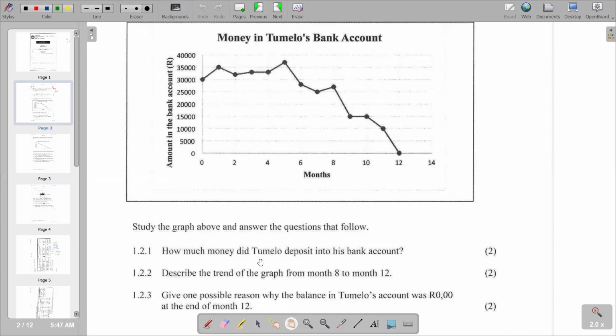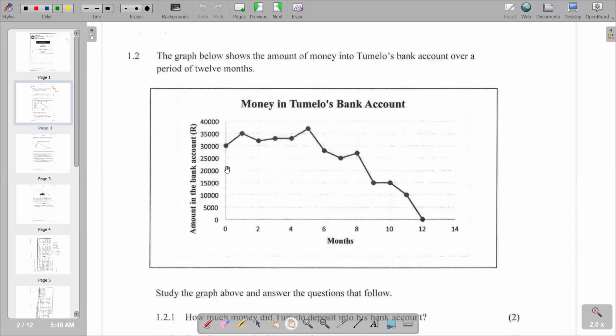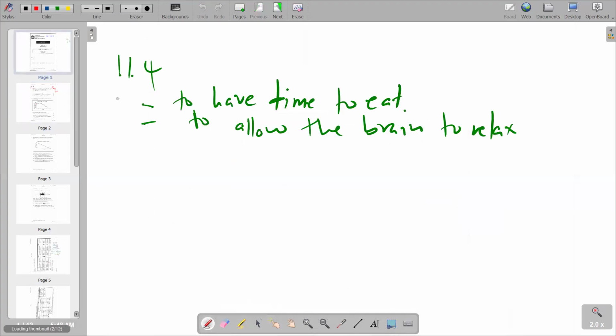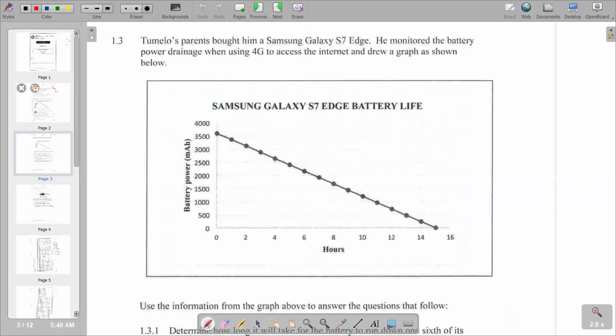1.2.1: how much money did Tumelo deposit into his bank account? To find the money that has been deposited into the bank account, we look at the first point that we have, which indicates the amount deposited into Tumelo's account, where we have 30,000. So it means 30,000 rands is our response. So for 1.2.1, we are saying 30,000 rands. And we go to the next question, which now reads,